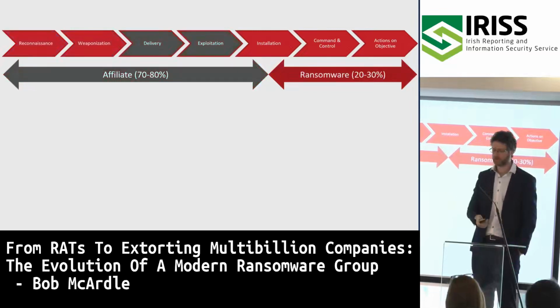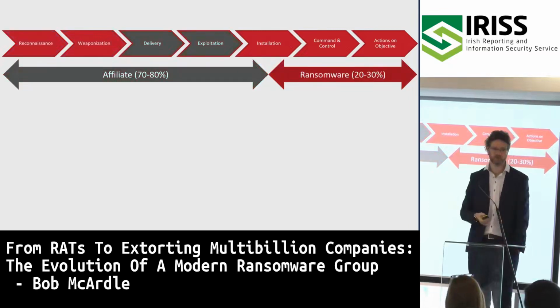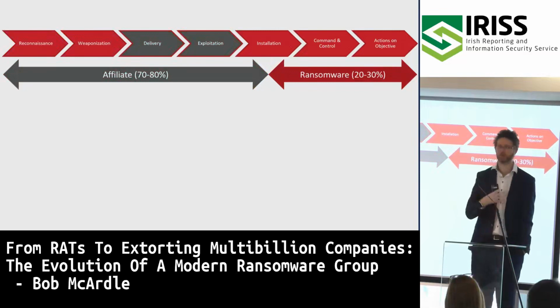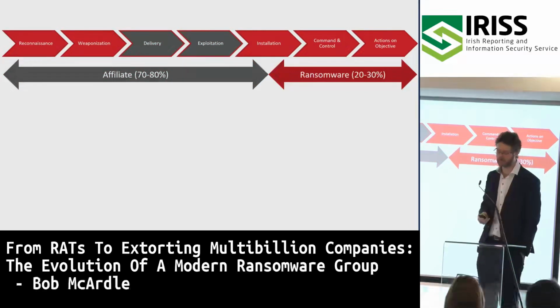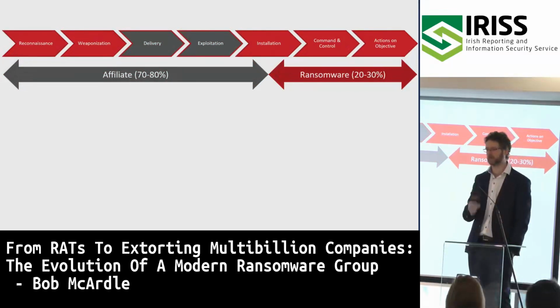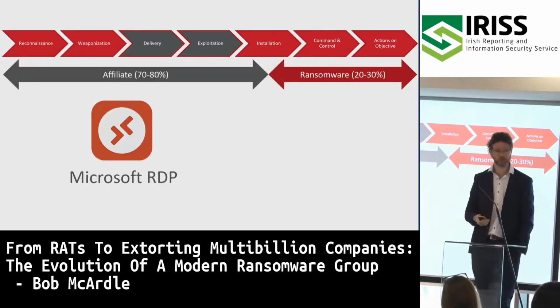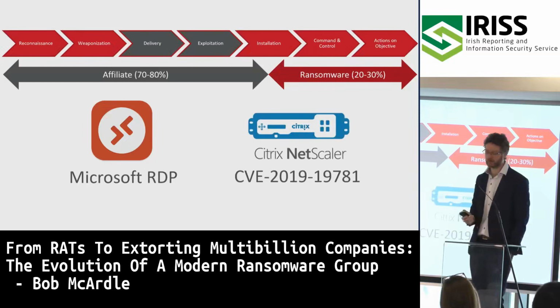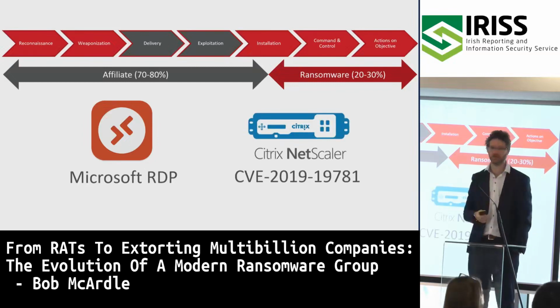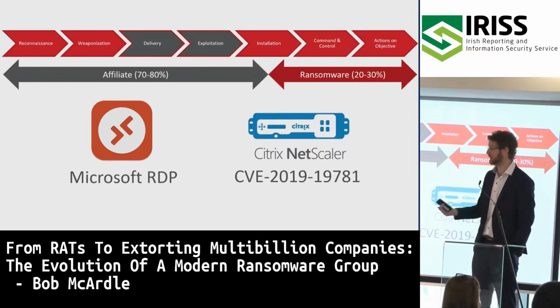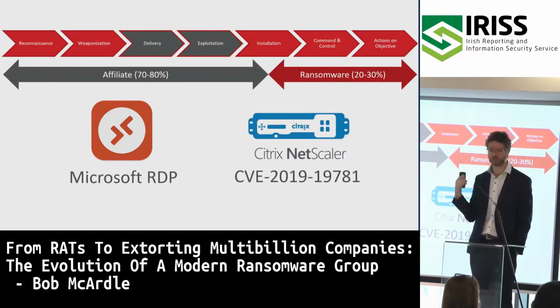So if we flick ahead into the delivery and exploitation phase, which is where you would see the first signs of them actually on your network. There's a couple of methods that Nephilim themselves favored. So Nephilim would regularly use Microsoft RDP. They would either use stolen credentials that they'd gotten somewhere else or just brute force to gain access. They also liked using network vulnerabilities. In their case, their favorite was the Citrix NetScaler vulnerability. Other ransomware groups use different network vulnerabilities, but similar approaches to this. So this is generic, if you like.